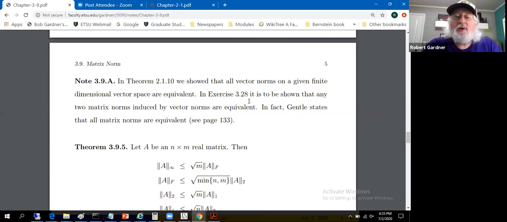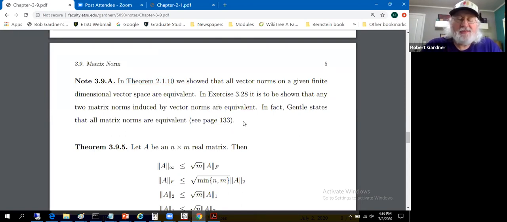In exercise 3.28, it's to be shown that any two matrix norms induced by vector norms are equivalent. That should be a fairly standard manipulation of the definition of equivalent, the fact that we know that vector norms are equivalent by that result, that Theorem 2.1.10, with the definition we just looked at. Gentle goes further than that and states that all matrix norms are equivalent, not just those induced by vector norms,